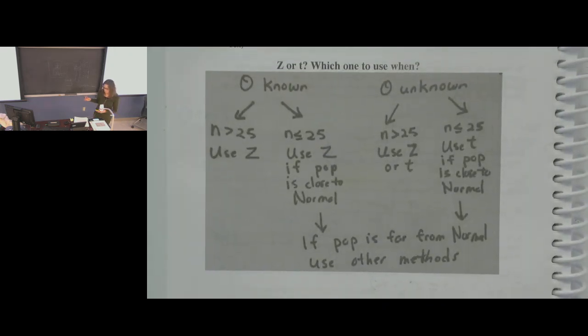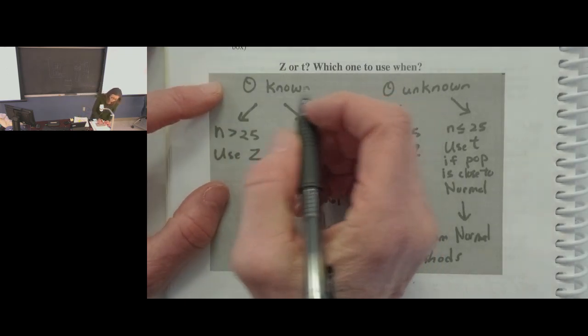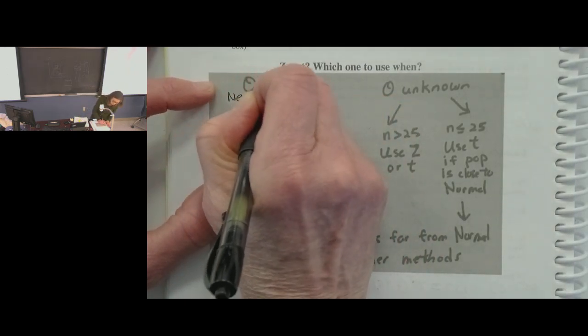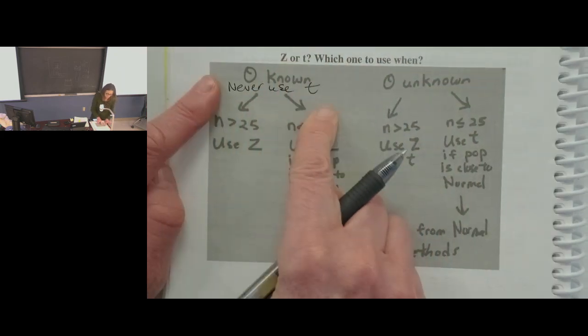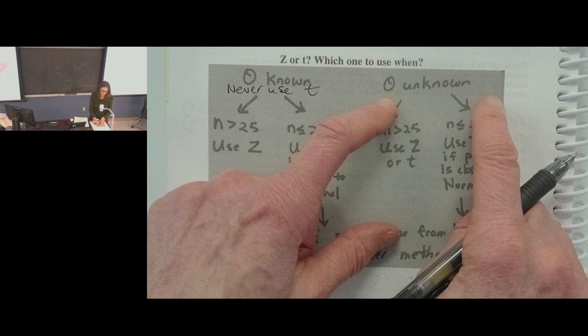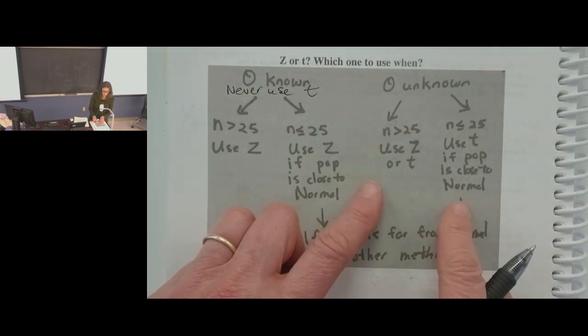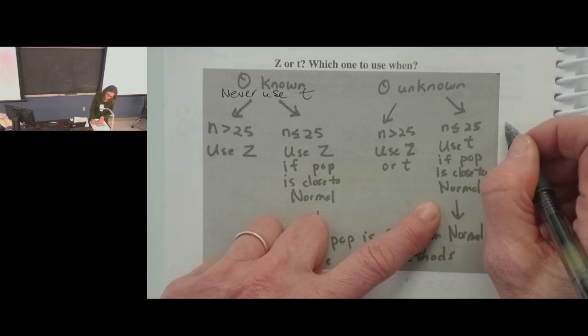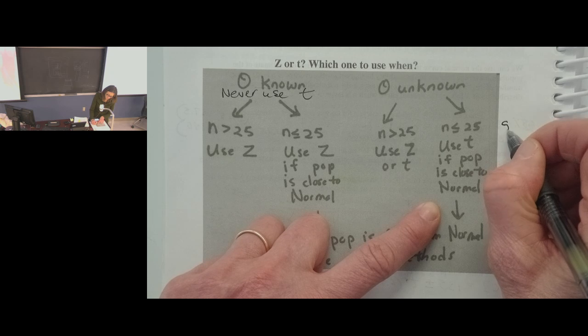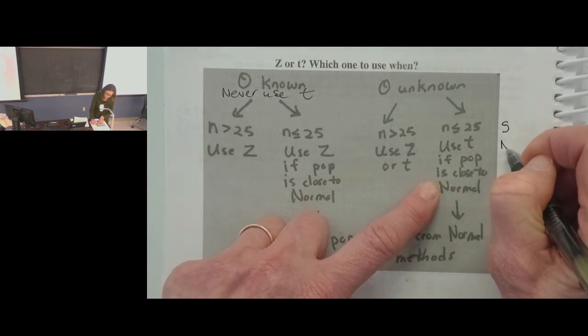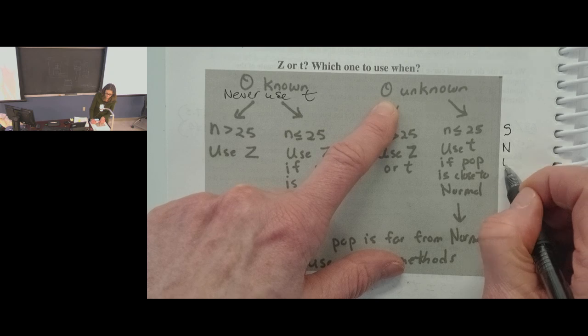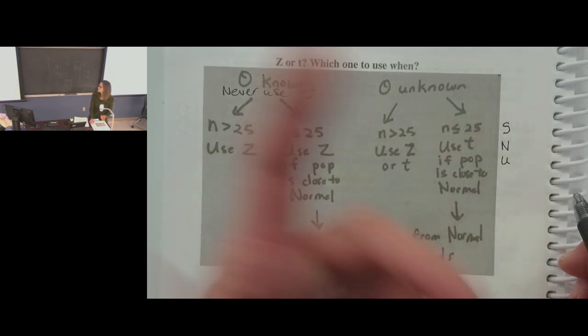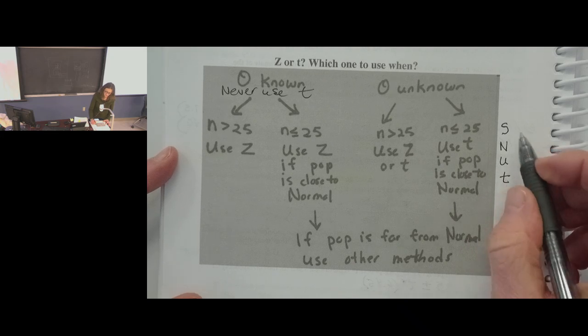Okay, so I tried to use this chart here for you to follow. I don't know if it's helpful or not, but if sigma is known right here, never use t, okay? If it's unknown, when are you going to use t? You're going to use t when you have a small sample. We could say small sample, a kind of normal distribution. This is kind of an acronym. You could say an unknown sigma, then use t. I made this up